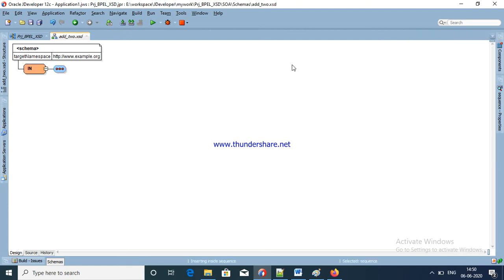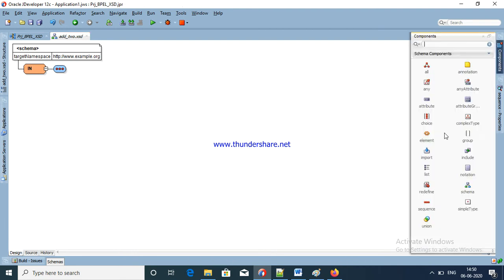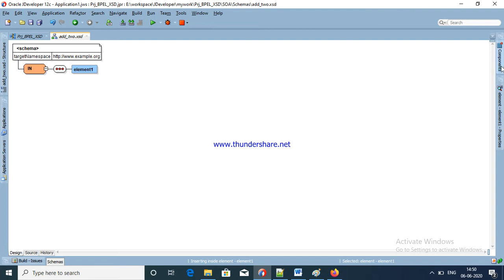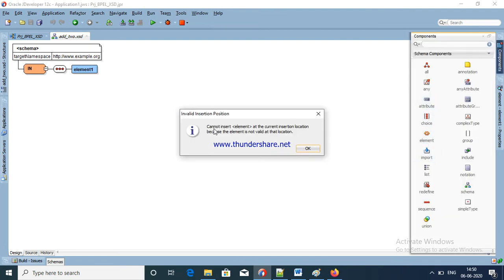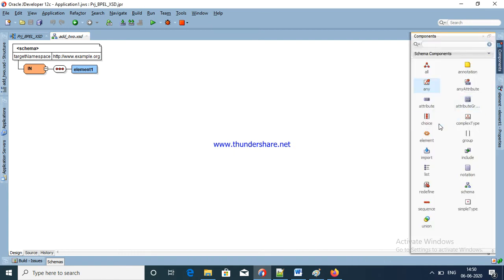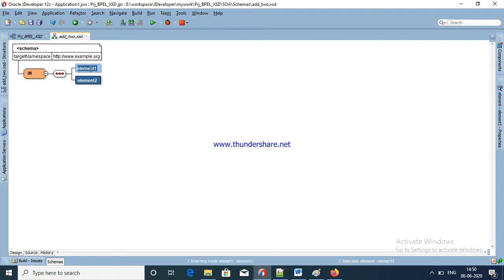See here, sequence. After that, click here again. Where are the elements? Okay, now I am going to click here. It says cannot insert. Okay, I am going to insert an element. See, drag and drop like this. See here, now it is inserted.